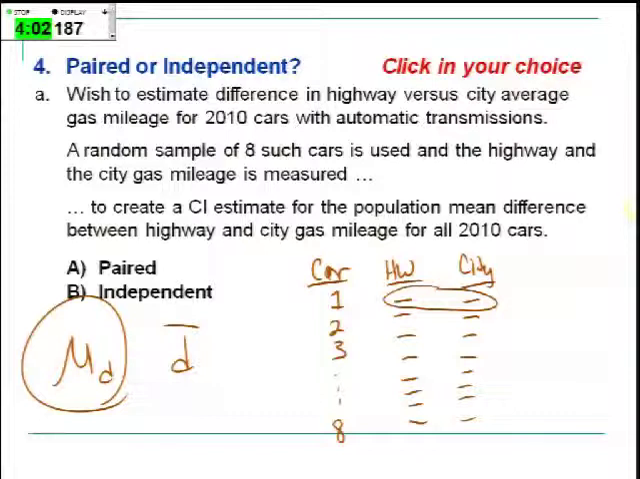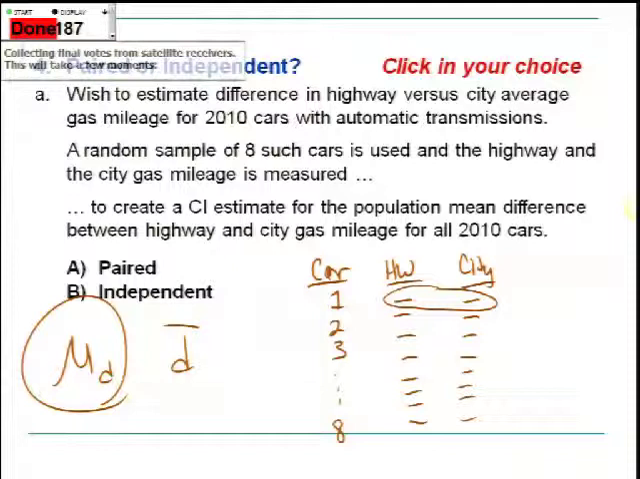Now, in some questions, you might be given the summaries for the highway and the city, those means and standard deviations, along with the differences. And if it were an independent design, the differences wouldn't even make sense to use. But here they would be, and I would use that d bar and the s on those differences. Paired data. Good. So now the other one that's there,